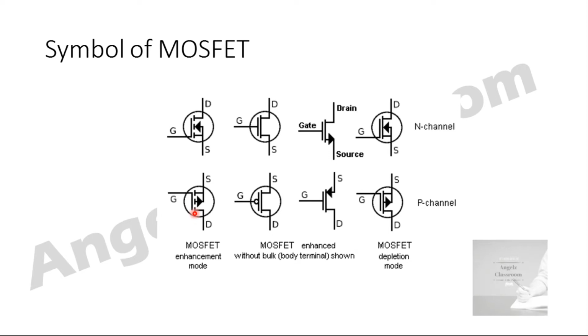Suppose you want to differentiate between a P MOSFET and an N MOSFET in common terms, you can use the second diagram. The N MOSFET doesn't have a bubble in the gate, whereas the P MOSFET has a bubble in the gate terminal. Coming to the third diagram, you know that this MOSFET has three major terminals: one is the drain and the others are the gate and source. The current direction will be completely opposite to that of your BJT. In an N channel transistor, you will have the emitter current which is marked outward.